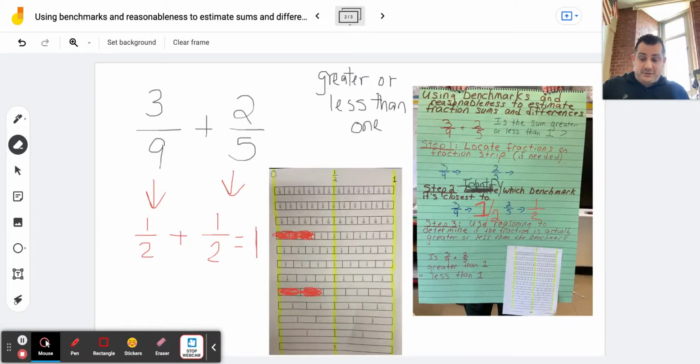And then 2/5. You'll see, I'm going to highlight, here we go, on our fraction strips, it is also less than a half. So let's think about that. I'll even write it here. I'll put it in a different color. So if we think of this as pizza, if I eat a little less than a half a pizza and you eat a little less than half a pizza, have we eaten a whole pizza? Well, if I had less than a half and you had less than a half,